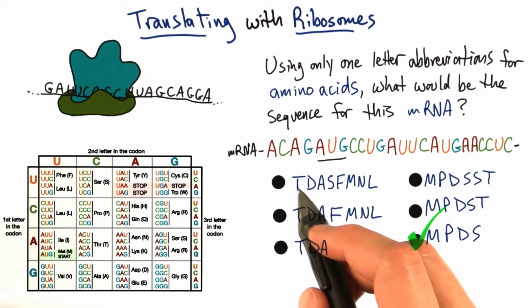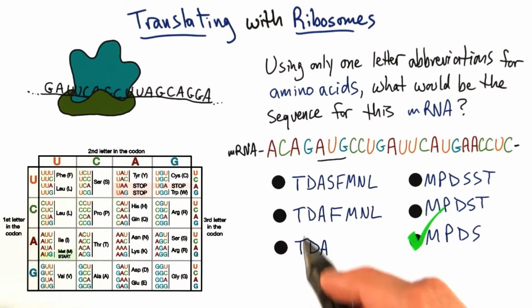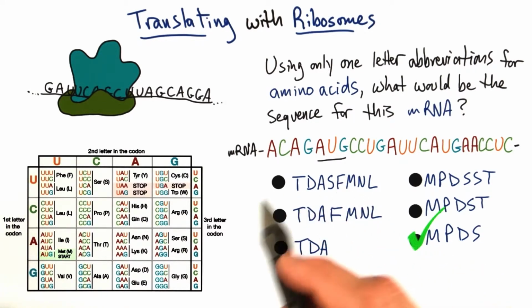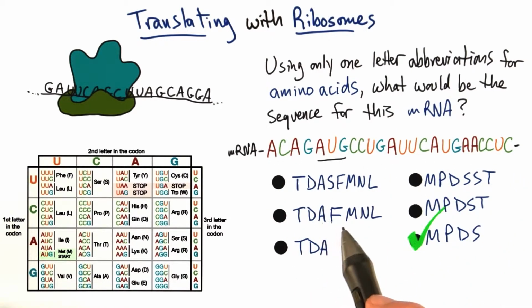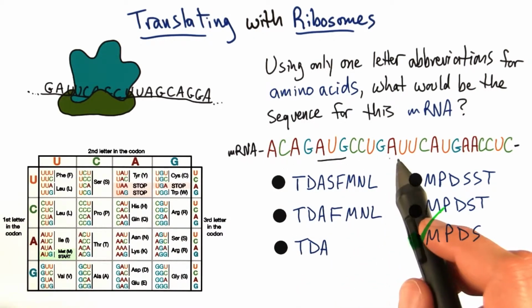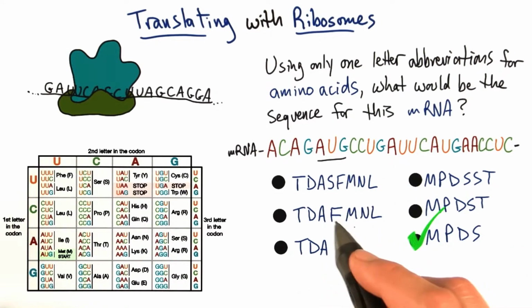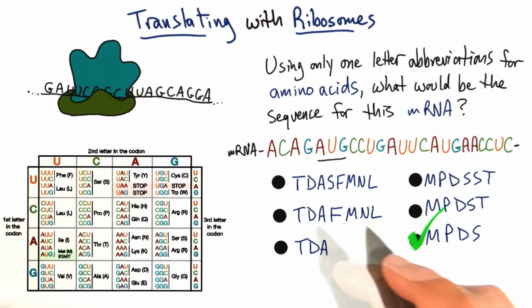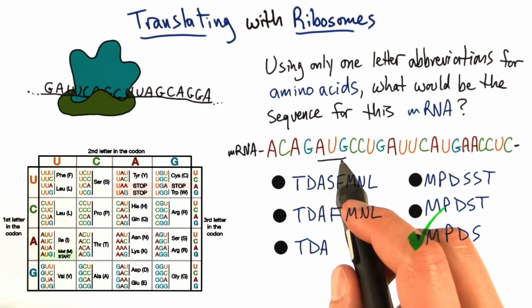All of these start with threonine, which is an ACA. So if you just started at the beginning, you would have started with the threonine and probably gotten one of these three answers. This is the one I think if you end up going all the way to the very end. And the second one is if you might have noticed a stop codon, ACA, GAU, GCC, UGA, stop, right? And some of you might have stopped completely and just put TDA, or if you stopped and then kept going, right, that would not have been accurate. As we see over here is a better example of why you wouldn't want to do that. We know now that we want to start at AUG.